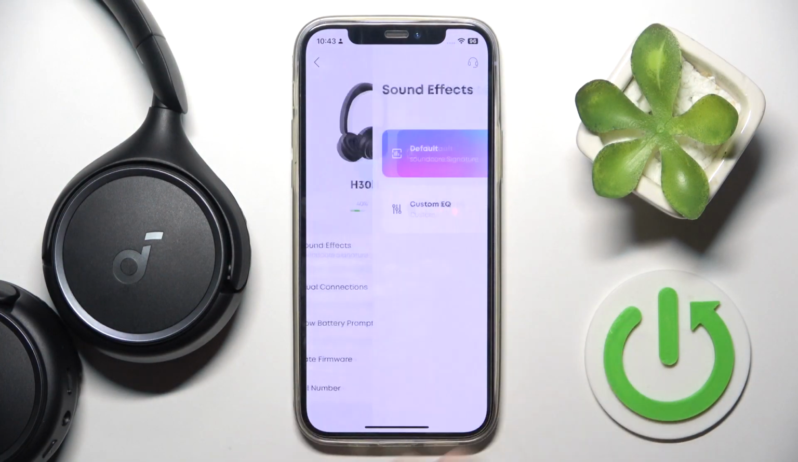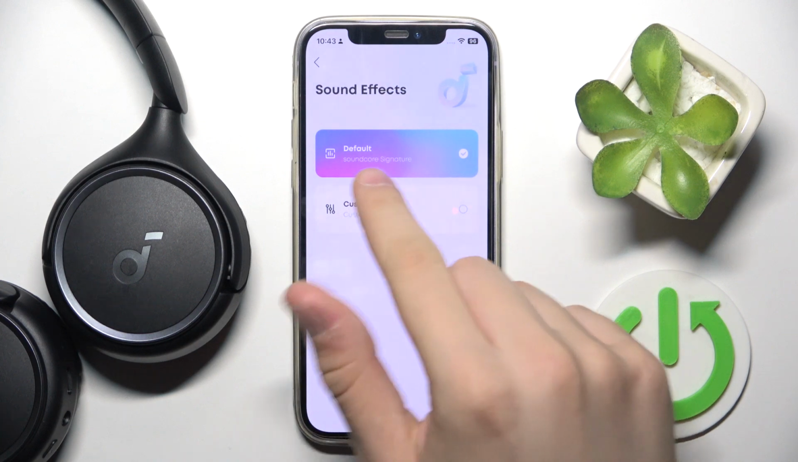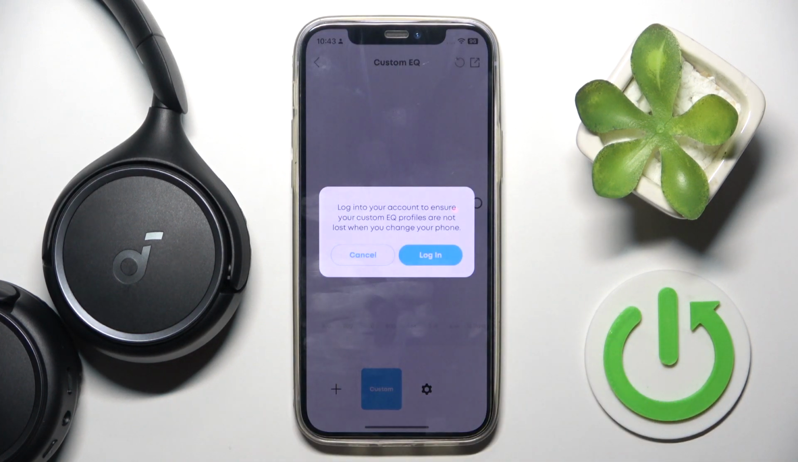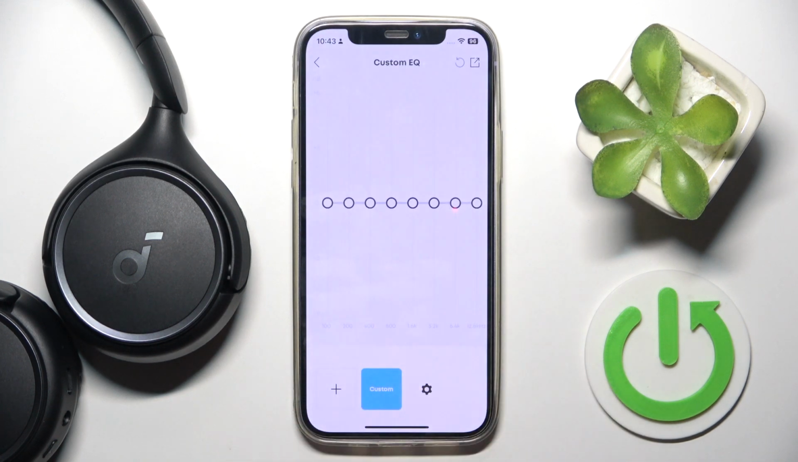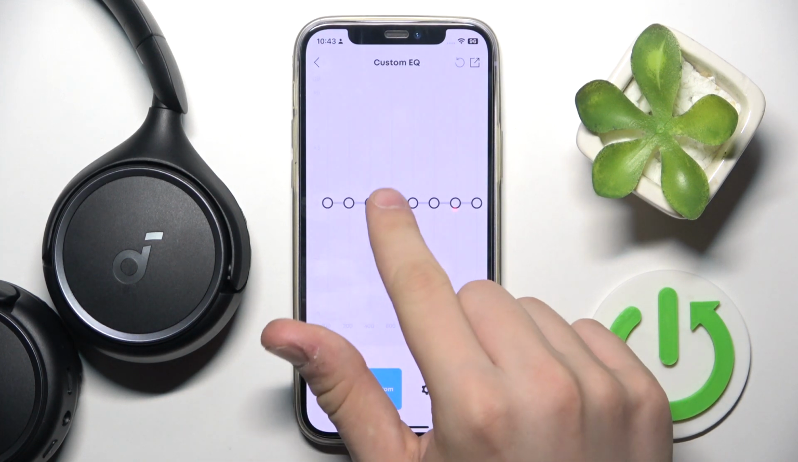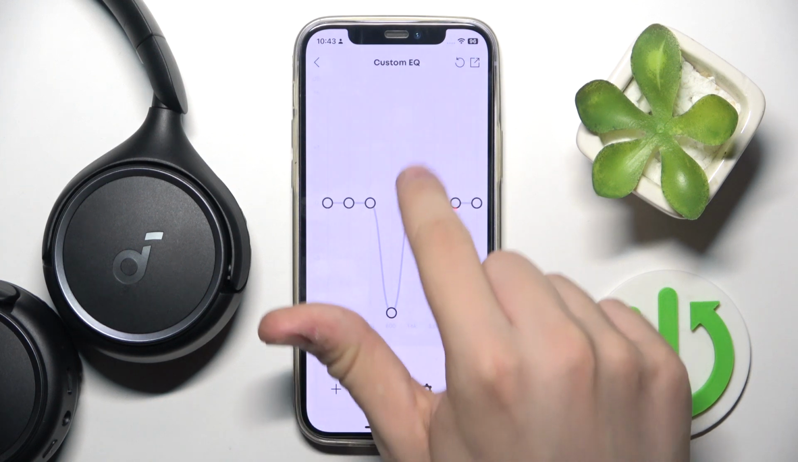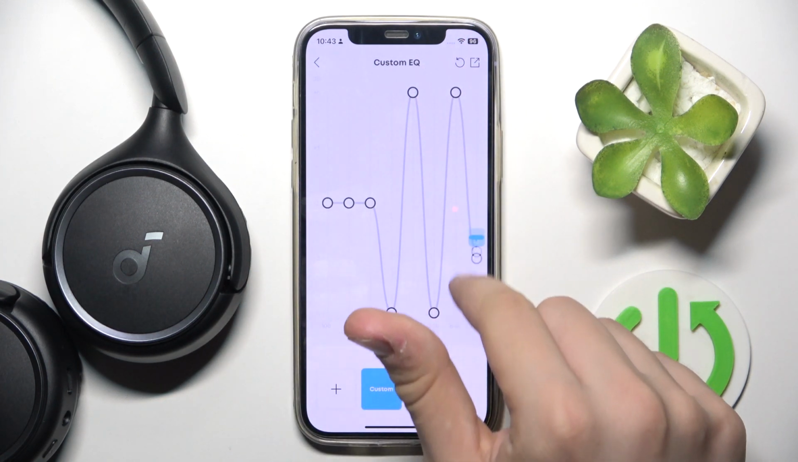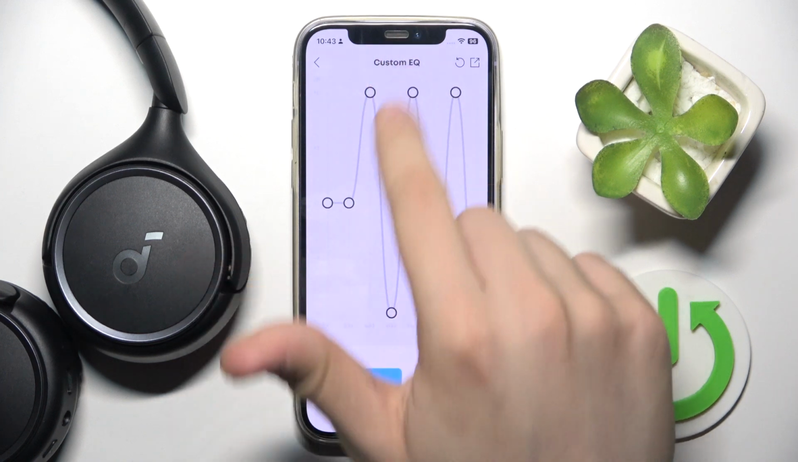At first we have to enter sound effects over here, and here as you can see we have the default Soundcore signature, but we can create our custom equalizer, and here we have to tap cancel. Now we can manage our equalizer, create it as you want to, for example like that,